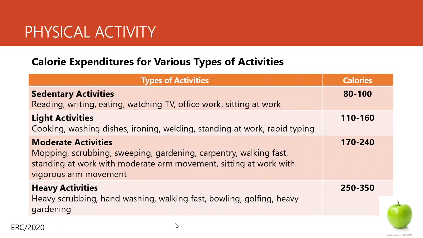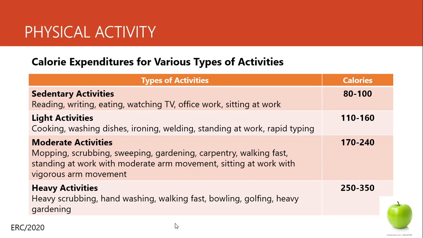As you can see on the table, for the type of activities and how much calorie you're going to expend, for sedentary activities, reading, writing, eating, watching TV or office work, sitting at work, you are losing